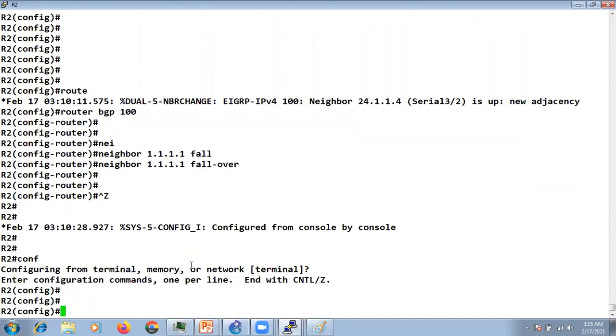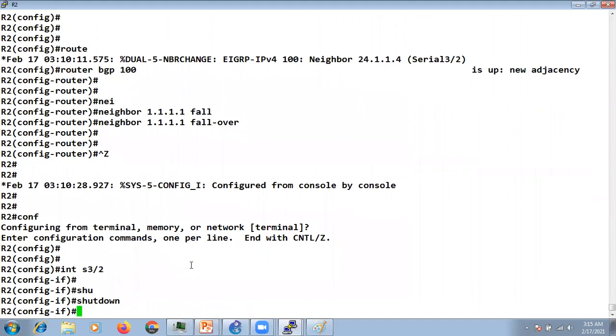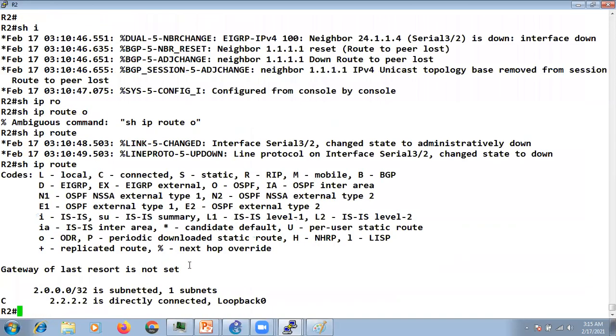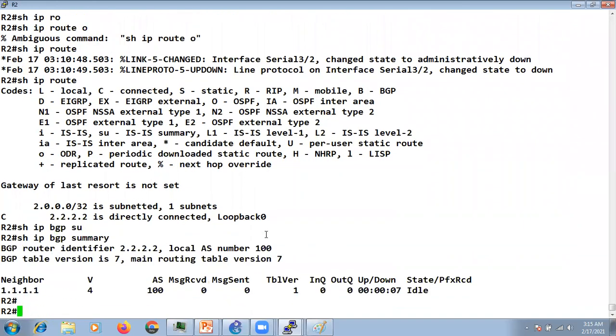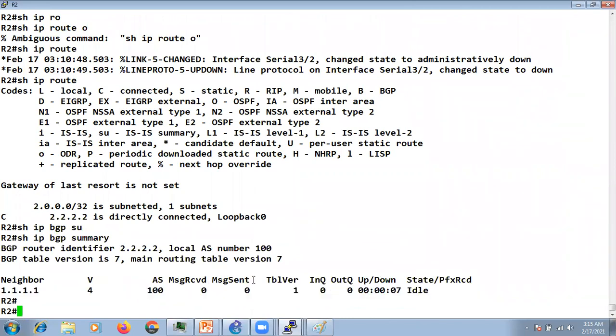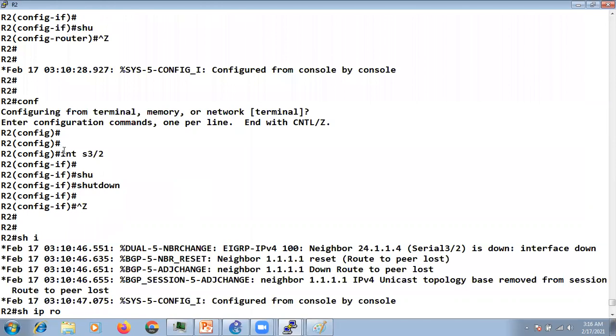For example, now if I shut the interface, we don't have any path to reach 1.1.1.1, and now you can see the BGP is also down, right? So this is how we can use the fall-over command.